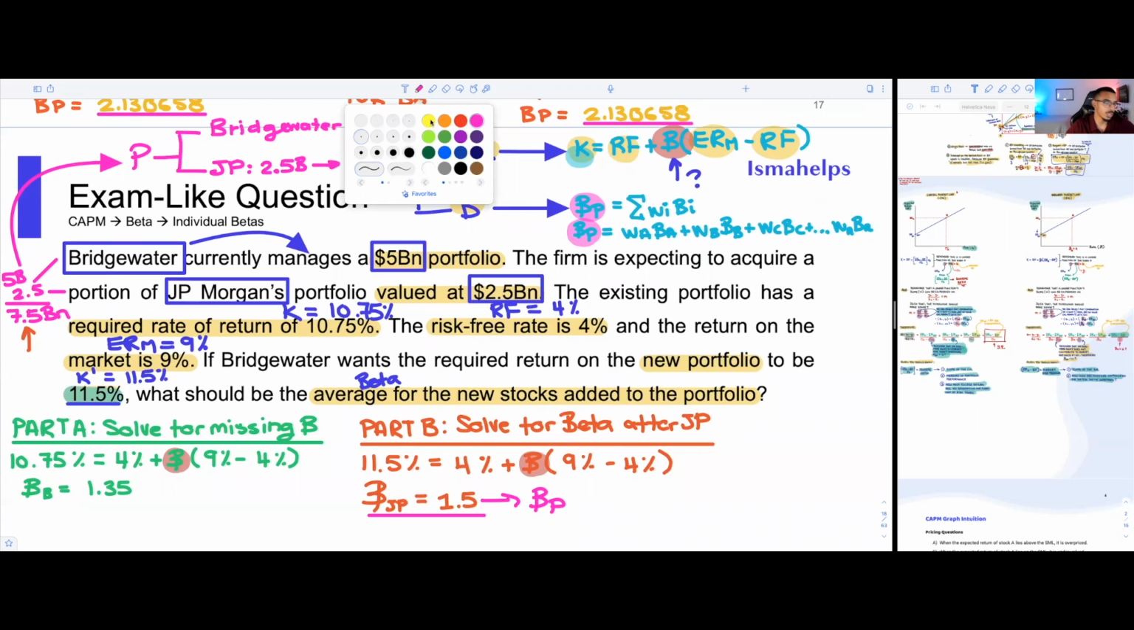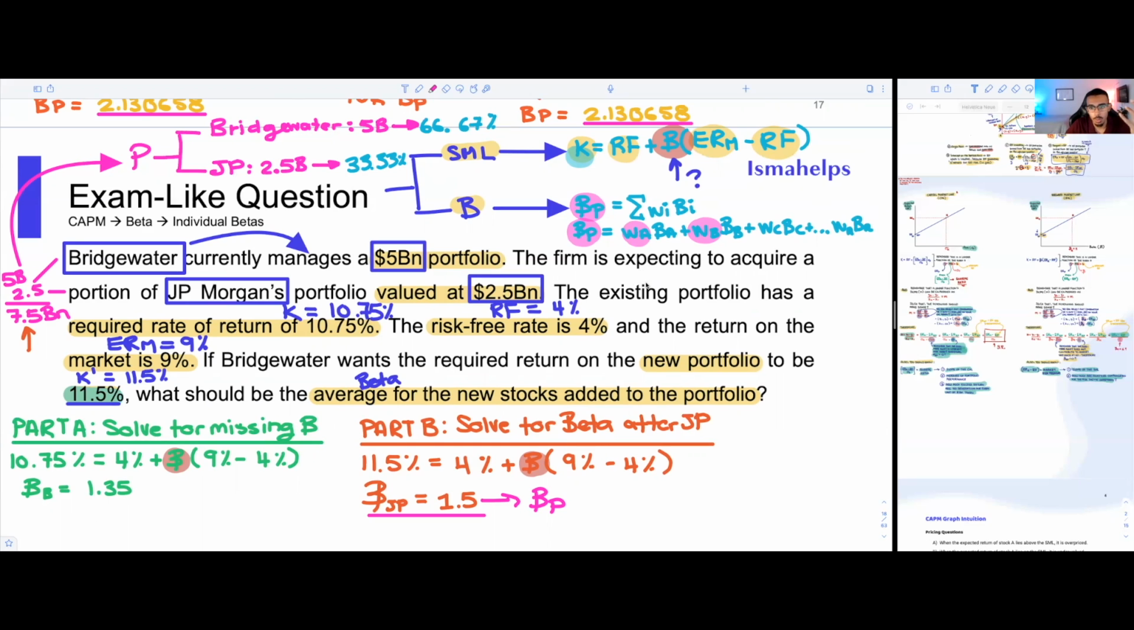And what's awesome is that you notice that, I'll write this here in blue, 66.67% is allocated to Bridgewater, and 33.33% is allocated to JP. Those are the weights, okay? So in other words, that would be the weight of asset A and asset B. Weight A would be for Bridgewater, so 66.67%, and weight B would be for JPMorgan, which would